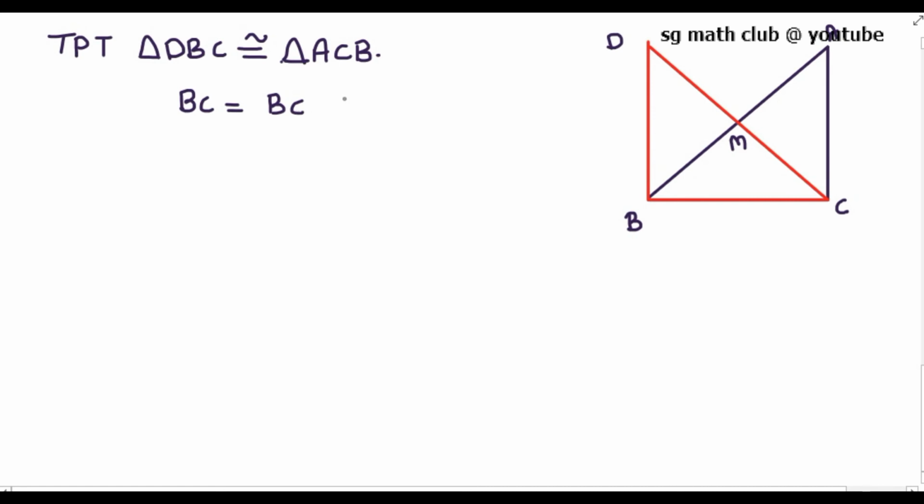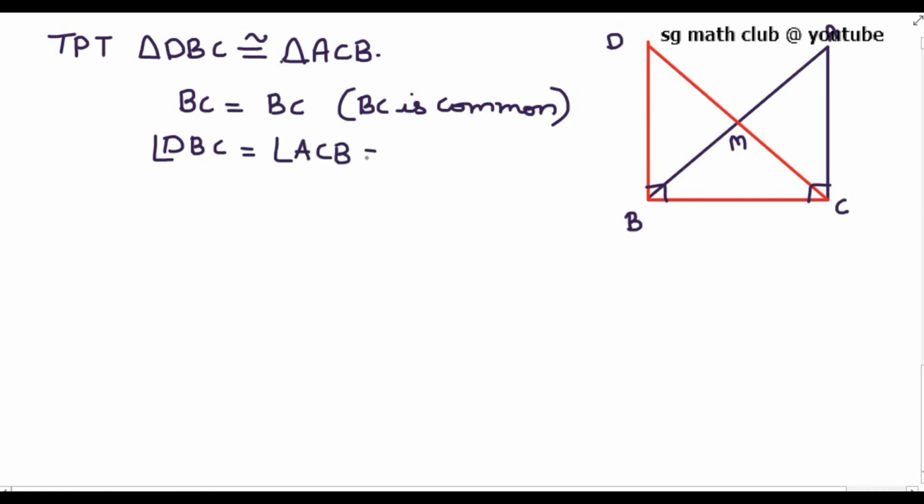So BC equal to BC. And just now we got that these 2 angles are 90 degrees. So we can write that angle DBC equal to angle ACB equal to 90 degrees,